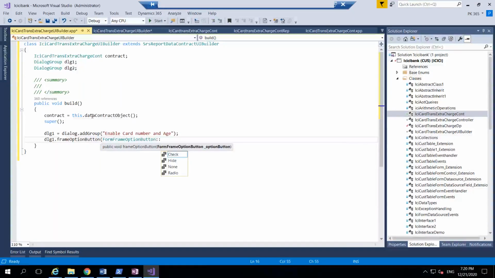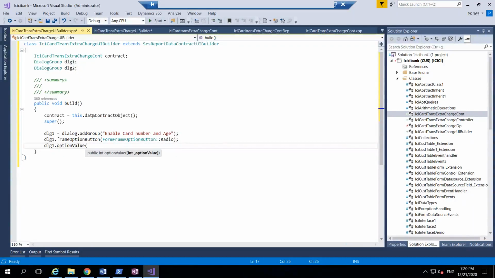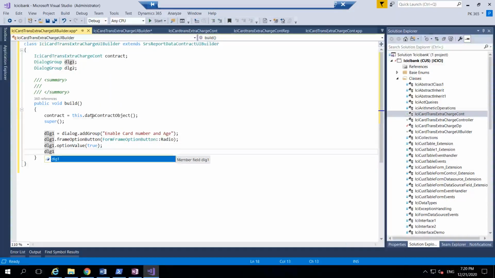and here you can say whether you want to use the checkbox or hide or radio. I am using the radio button. You can use whatever you want. Then the next step is we need to add the fields. I will say DLG1 whether I want to have the option values or not. I want to have the option value, so I will set option value to true, and then DLG1 dot add